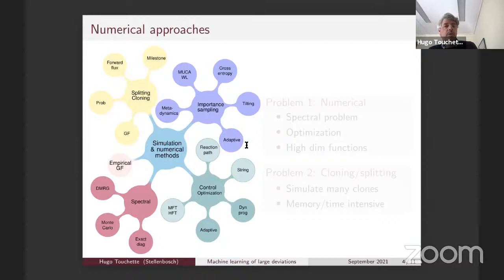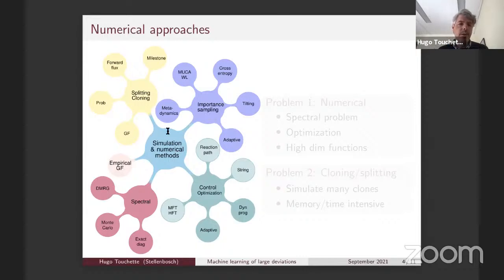Okay, so we want to calculate the rate function. We want to construct the fluctuation process, and there are many methods that you can use to do this. There are only a few systems that you can treat analytically, so many numerical methods have been developed over the years to solve that problem. Not actually specifically sometimes for the large deviation problem, but for rare event simulations. But once you have methods for rare event simulation, you can apply those specifically to the large deviation problem.